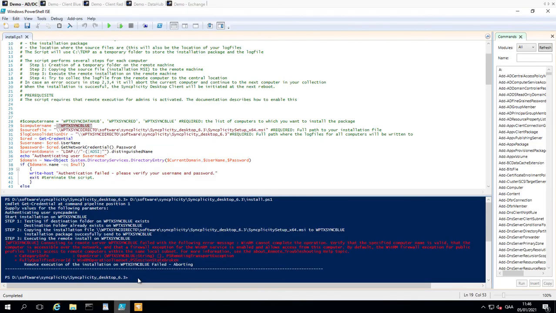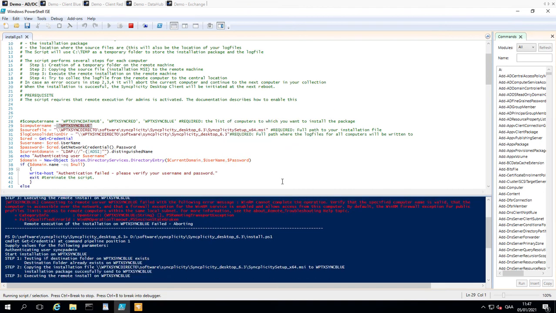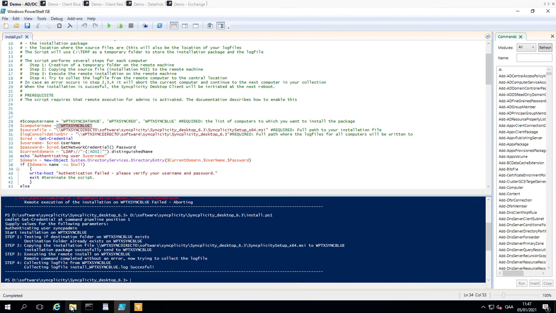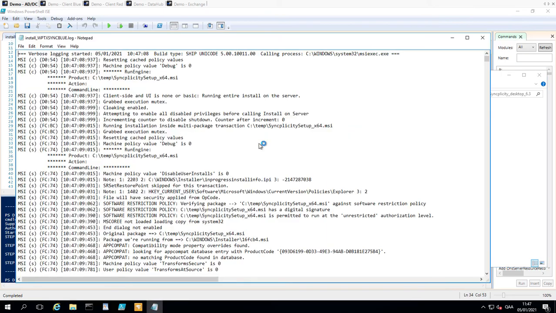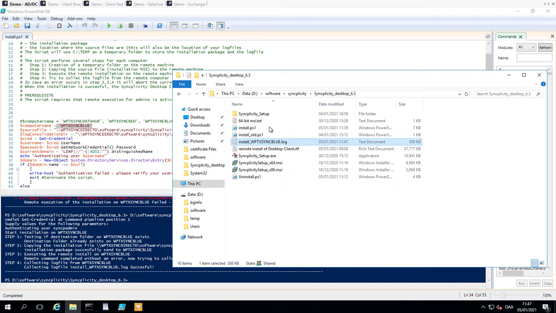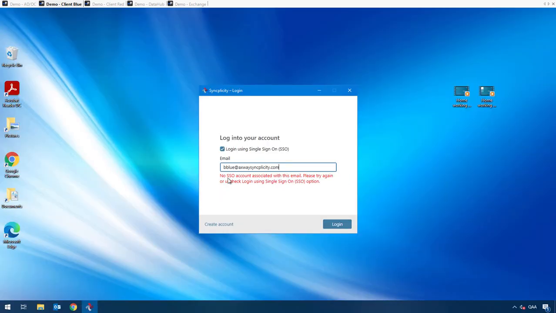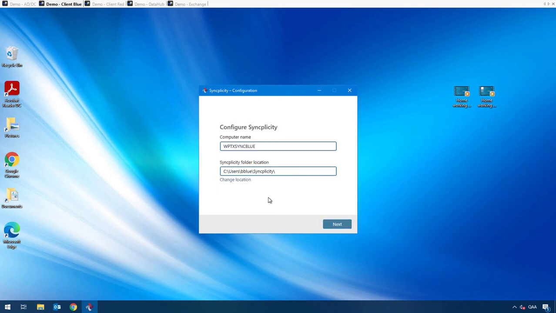Okay, so now when I try my script again, you see that it now executes the remote install and it collects the log file, and my log file is here, and you see that it was implemented successfully. So if I now go to that computer, you see it immediately started. I haven't enabled single sign-on yet, so I will now need to authenticate using a password. I have not enabled silent onboarding, but of course when I do that, the user is not even bothered with